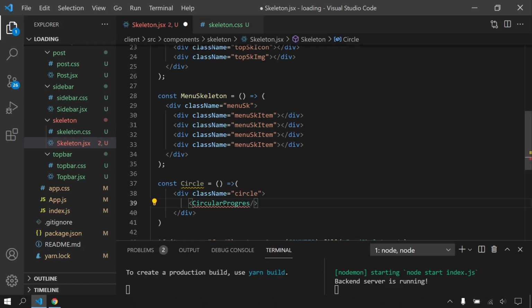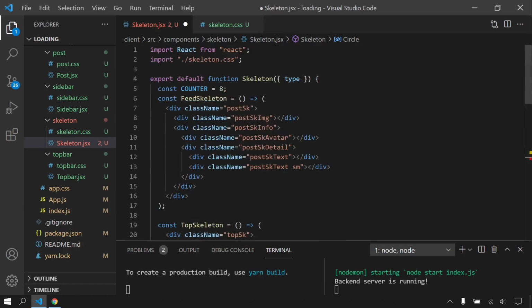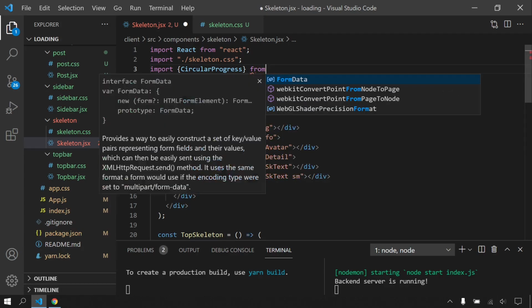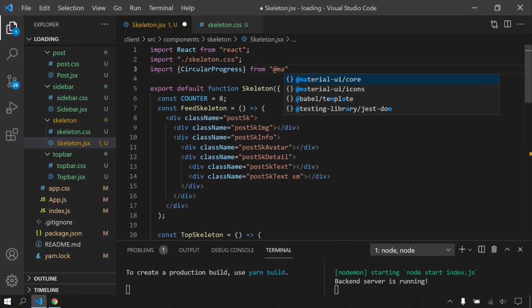I should import this. Okay, I can do this automatically, but I will come here and import manually. I will say progress, and from Material UI core.